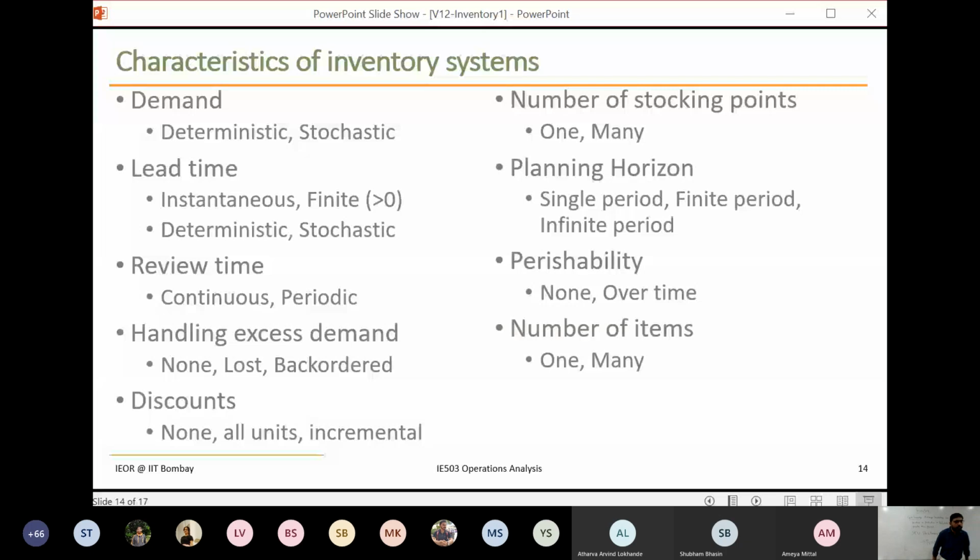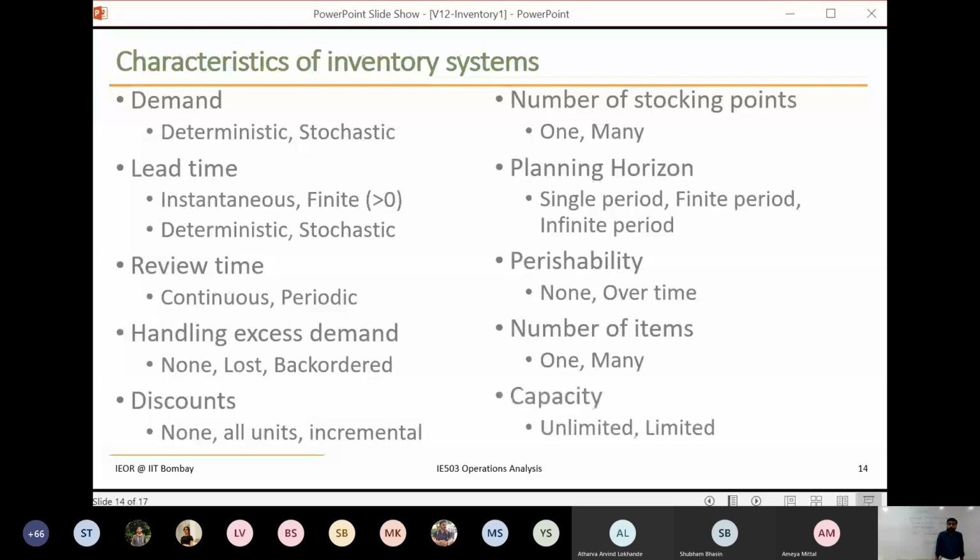Other is number of items. Most inventory models are going to look at one item at a time or one family of items. But when you consider many items and that they have co-dependencies, the model and the method actually become quite hard. It can even become as hard as NP-hard if you combine the number of items with the number of stopping points. So we are typically going to consider only one item at a time and assume they are all independent of each other. That's what we're going to do.